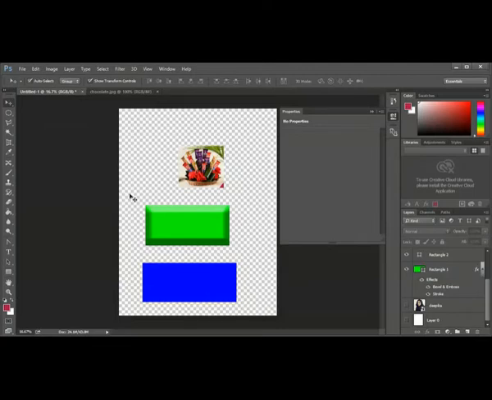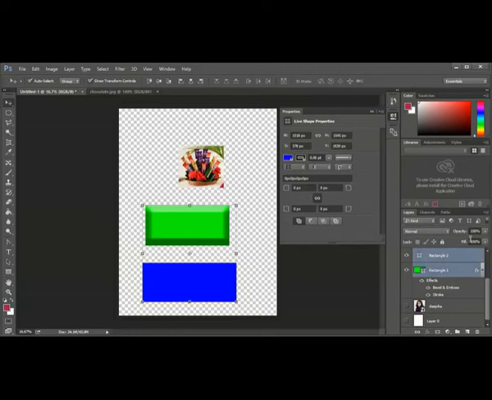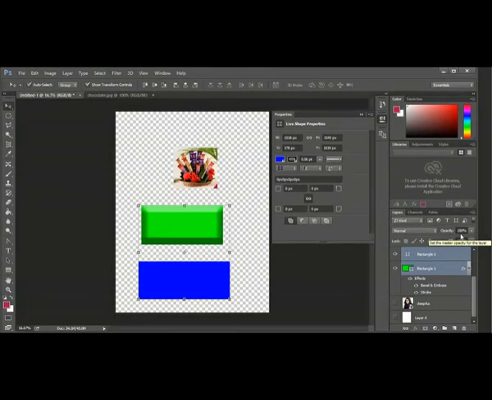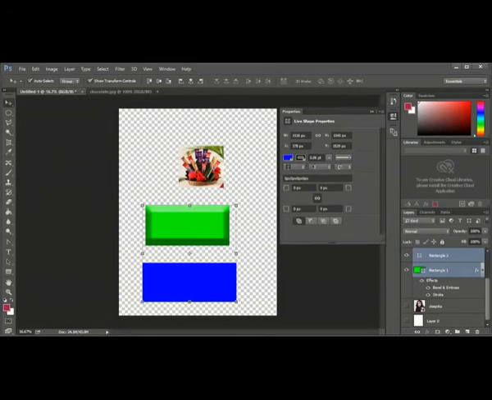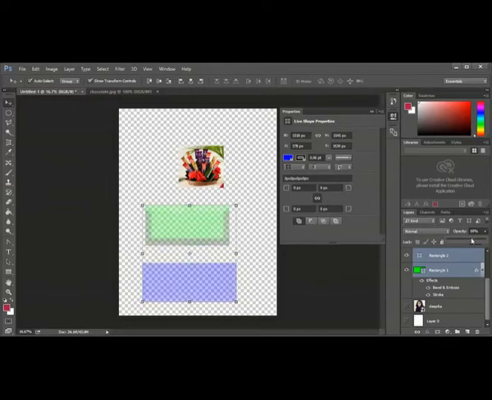When I select these two, I can use the opacity. Opacity means transparency. 100% opaque means it is like a solid object. You can see I can reduce the opacity of this. So it becomes more transparent.